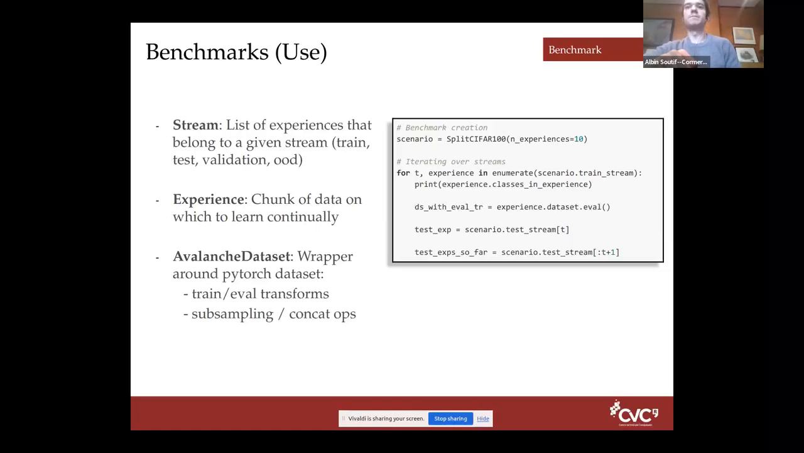But you can also add other kinds of streams. I'm thinking about the validation stream, but also an out of distribution stream, for instance, or any kind of stream that you would like to evaluate on. Once you access these streams, you can access them like normal lists. You can also use slicing operations on them. And here I just presented a quick